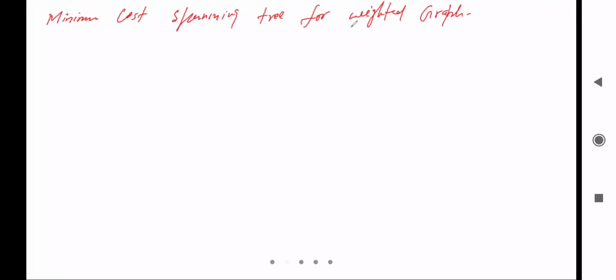Okay, so what will happen in this case? There will be a graph like this one and weight also given in that graph. Weight for the edge is given, right? If weight is not given for the particular edge, by default it is 1. So we can find out the minimum cost spanning tree.